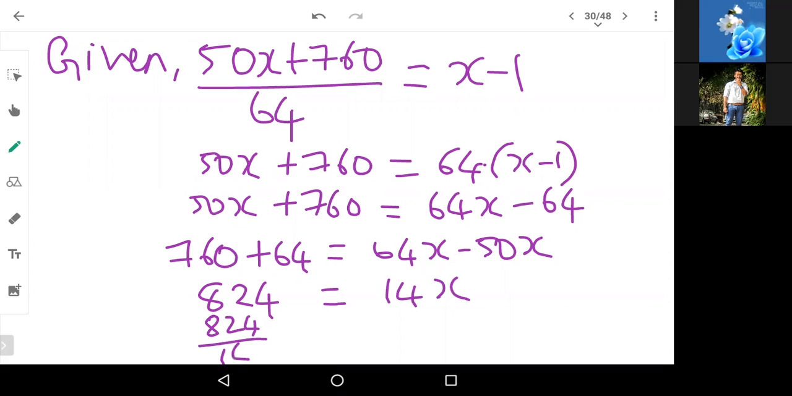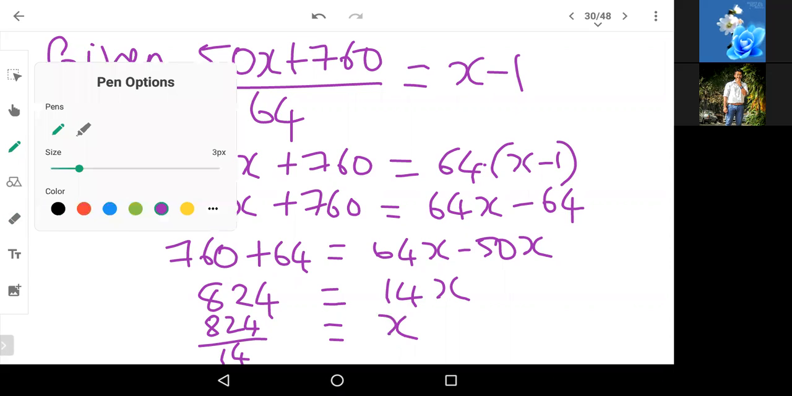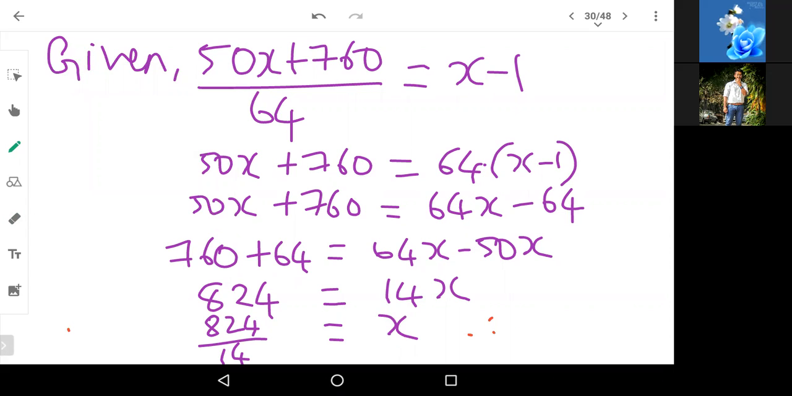824 by 14 is equal to 58. Okay, sorry, this will be x. So therefore, x is equal to